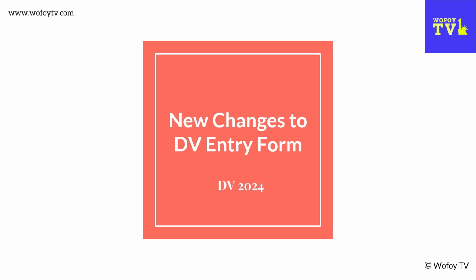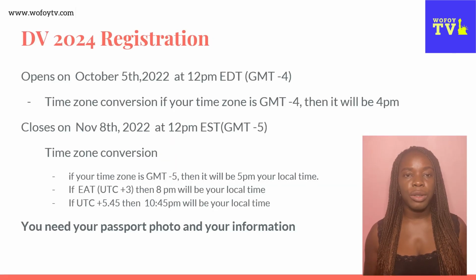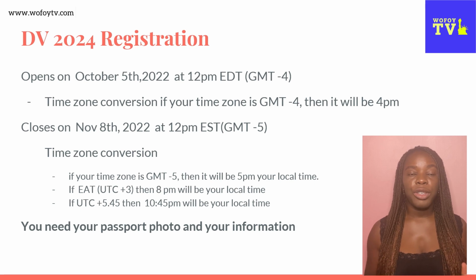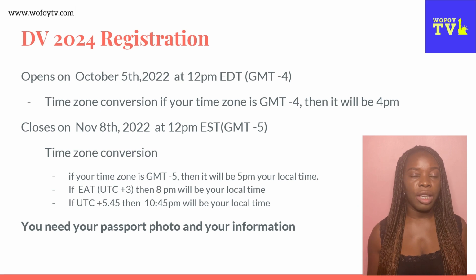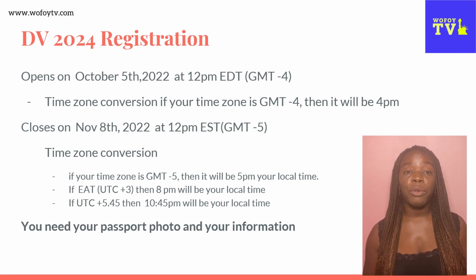All right. The next registration is going to open on October 5th at 12 noon Eastern Daylight Time, and that is 4 hours behind the GMT. So wherever you are located, just look at your time zone. If your time zone is GMT -4, that means that you are ahead of the Eastern Daylight Time by 4 hours. So when it opens at 12 o'clock in Eastern Daylight Time, it's going to be 4 o'clock in your